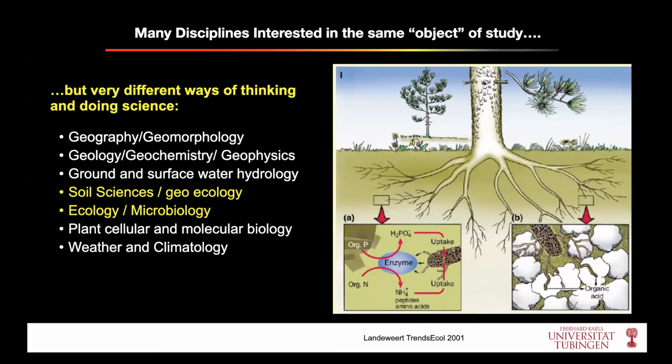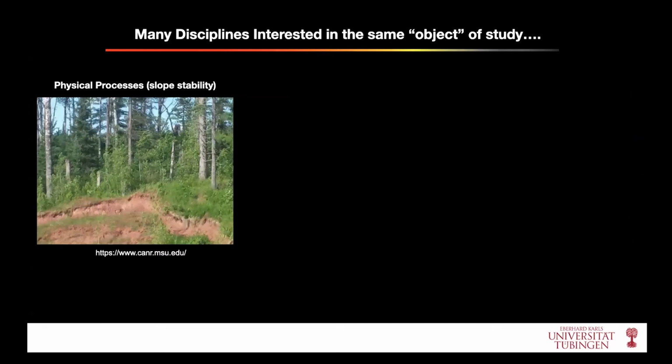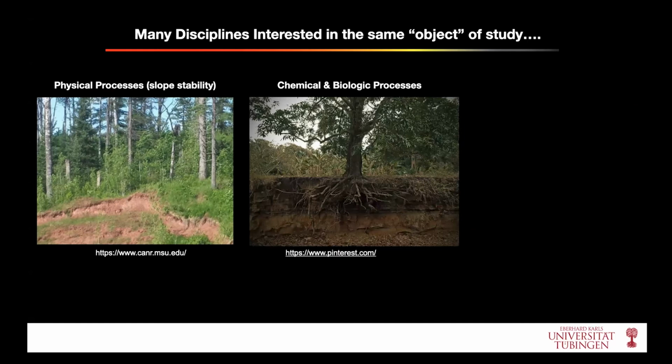types of communities here. So if we think about the combination of these different things here, what I've illustrated to you so far through some of these examples here is that vegetation plays an important interaction with the Earth's surface through physical processes. I gave the root breakdown example here, but here's another example of how if you remove the vegetation over this hill slope here, erosion rates accelerate and you can more rapidly move mass out of the system here. We can also look at this system as having chemical and biological processes that interact both on the